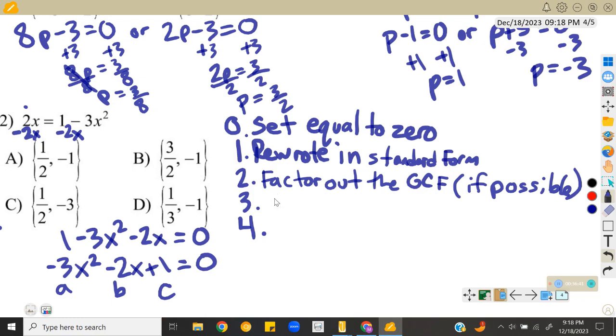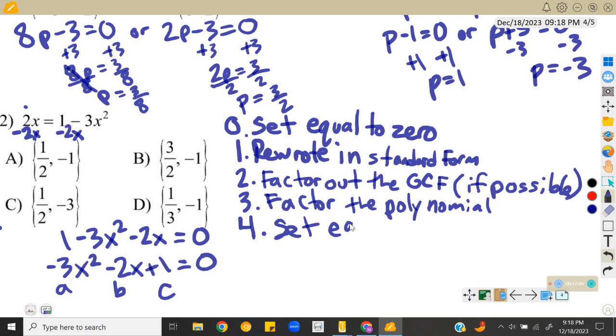Then, once you factor out the greatest common factor, we factor the new polynomial. Whether or not you were able to factor out the greatest common factor, factor the polynomial that you have. After that, we set